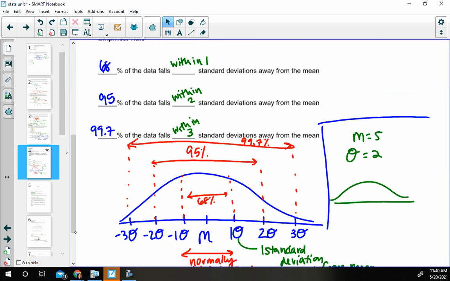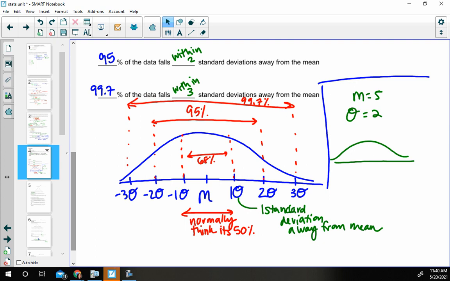percentages in this. So here's my middle line right here in the middle. This would be considered the middle of it. Normally you think it's going to go 50-50, but it's actually 68% all the way across. So what would just this part be? Oh, 34. So just realize we can break them down into halves, which I think is on the next page. Okay, so this is my mu, or the mean of it.